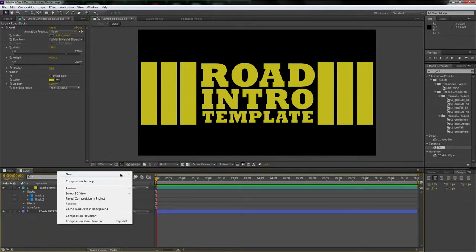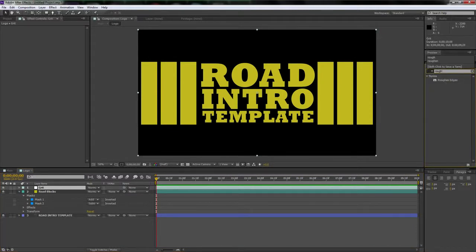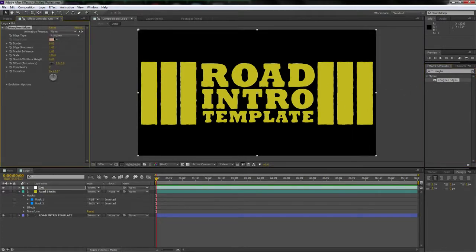Right click down here, go New, Adjustment Layer. Boom. Let's just hit enter and call it grit, so we don't get it mixed up with anything. Now let's go over to our effects and presets, type in roughen. We're going to click and drag roughen edges onto grit. And let's just mess with it. Let's go to